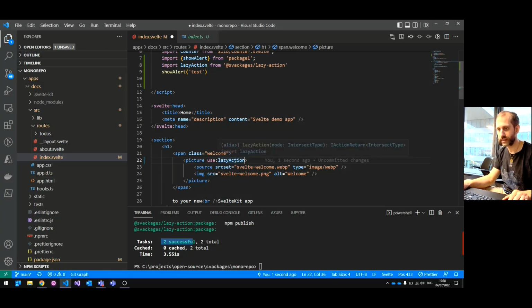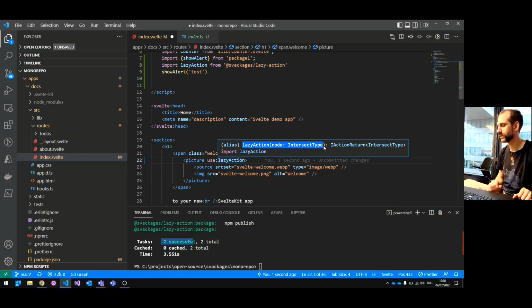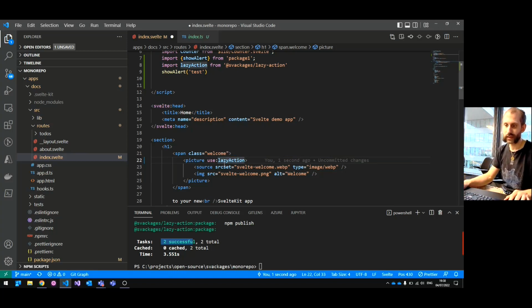And we can see on this lazy action, we also have this nice type syntax highlighting, also inside of the template, which is pretty nice after working on a Nuxt application for some time now, where we don't have code completion inside of the template. I'm really missing that. So we can now reuse that, and if we go into the app,